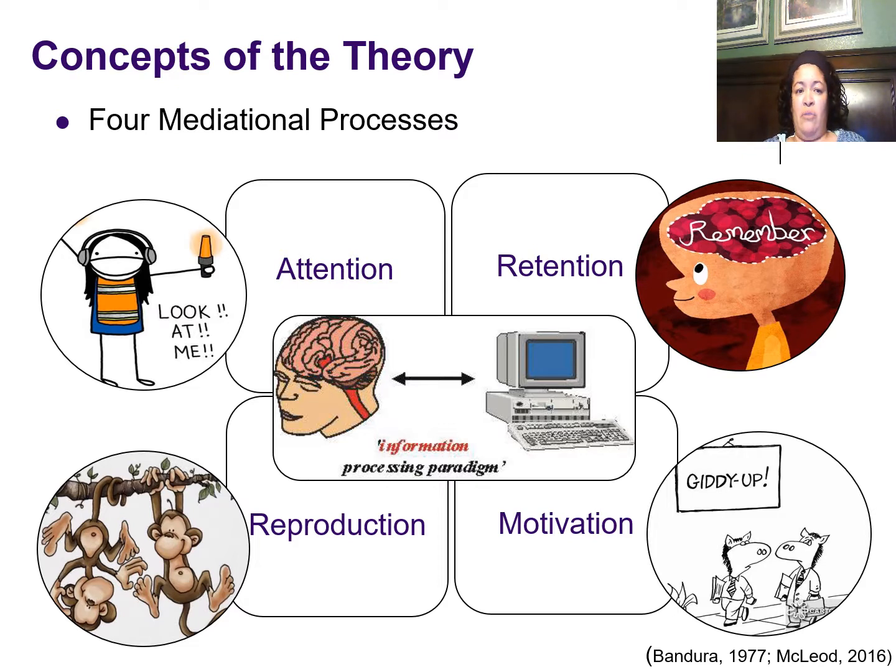And they also needed to have the motivation to actually do the behavior. There had to be a reason for the behavior to be reproduced, some perceived value for the child to actually imitate the behavior that had been observed. That's why in some cases there was not enough intrinsic value for the child to reproduce that behavior.